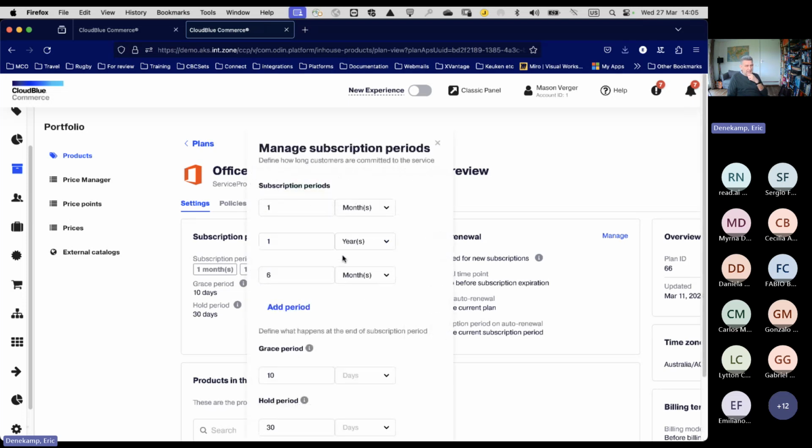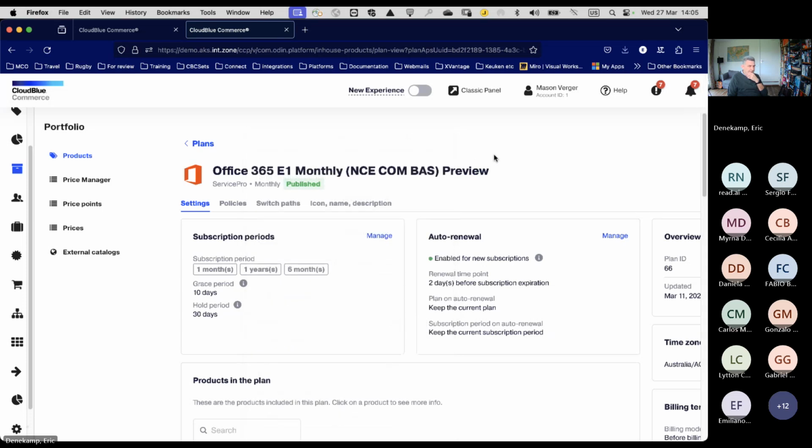And as you see, I can change subscription periods. I can even add periods here. Yeah, I can do this now. I have to use the spreadsheet all the time. That's what it's bugging me right now. Yeah, I can imagine. But it might be that after the upgrade to version 21, it will be there. Oh, okay. Thank you. You're welcome.